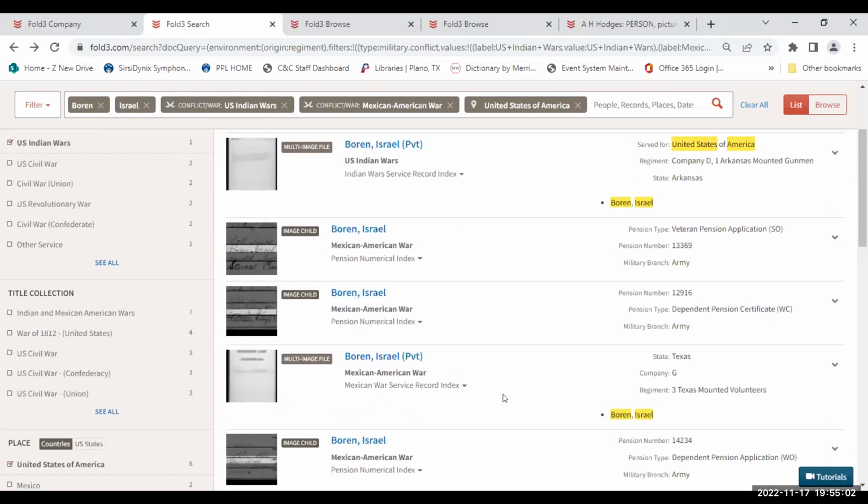Now, say it was a Texas resident and a soldier from Texas on something like this, and I'm not seeing it here on this particular list. That doesn't mean it's not existing. It's just either not scanned in and they hadn't gotten there yet, or you might need to spend some time playing around, maybe do the broad search and then start narrowing it down from there. But an alternate to Fold3, there might be an alternate